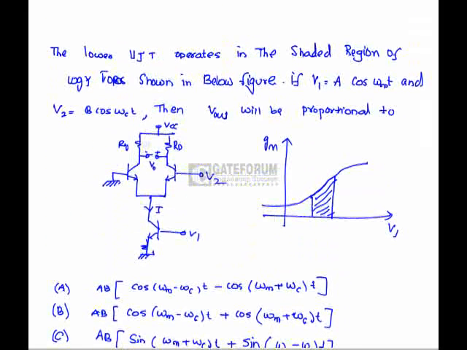The lower BJT operates in the shaded region of the topology as shown in the below figure. If V1 is A cos omega mt and V2 is B cos omega ct, then V out will be proportional to